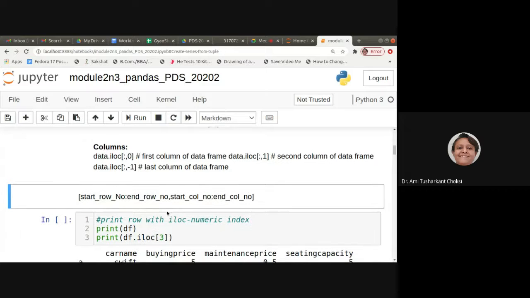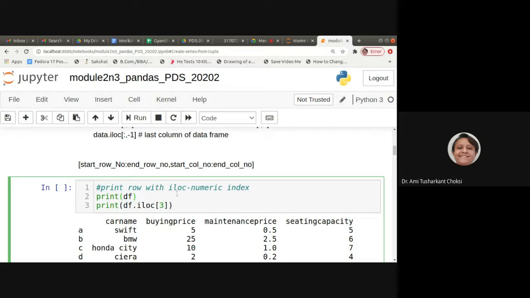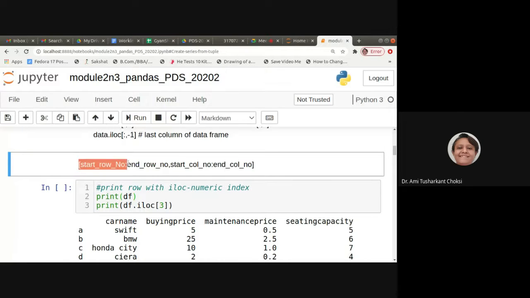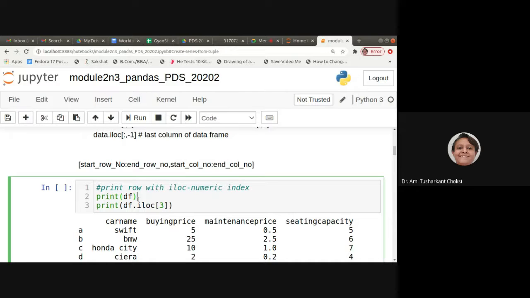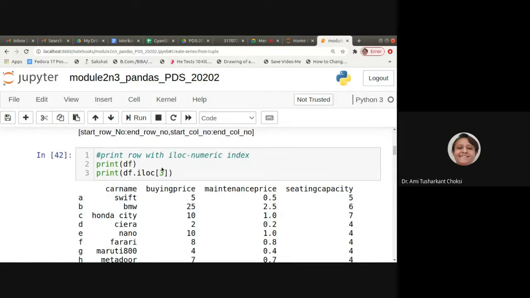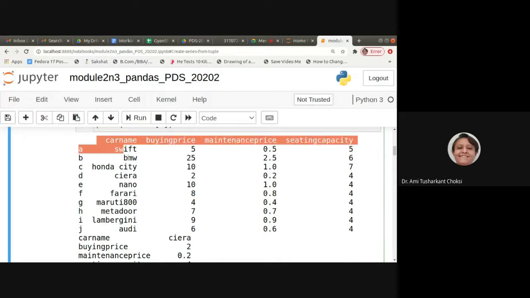So let us see that. First of all, we'll be printing the df, so we'll be able to see the full data frame. Then we'll be using whatever we want here according to this slicing, right? We'll provide it here and see the output, so we can get an idea of what it is taking, fine. So df will be printed, then we can say iloc of 3. So this is our whole data frame. It is this one, right?